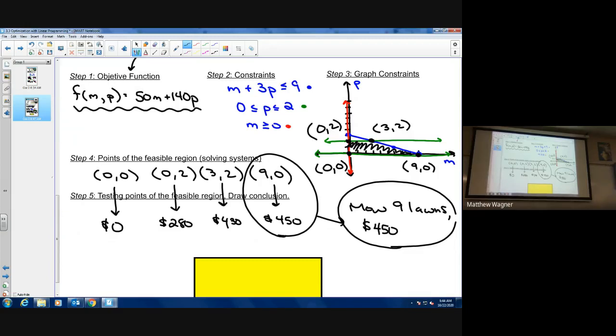So that's the process, okay? So optimization, again, we set up our objective function, we figure out the limitations, we graph those limitations, we find the points, and then we evaluate them. Again, each step in itself is not